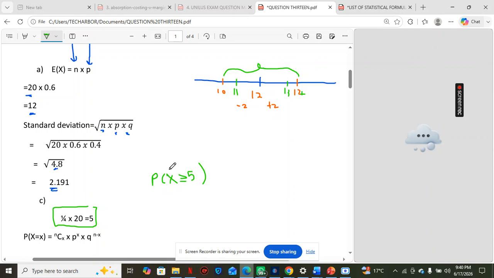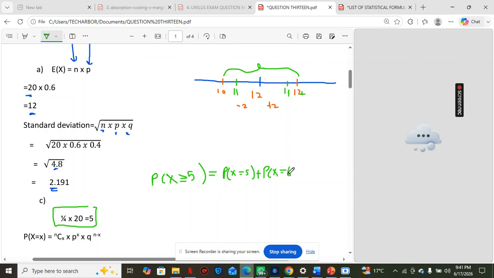In order to find the probability of at least 5 students preferring to work in the banking industry, you start with the probability that 5 students prefer working in the banking industry, plus you also need to find the probability that 6 students prefer working in the banking industry,